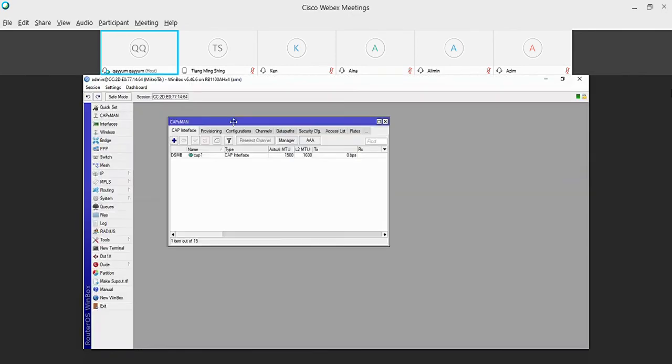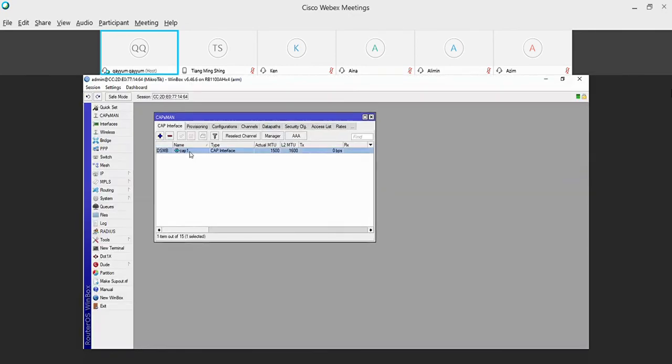Now you see here, it has automatically detected my CAP that I enabled earlier. It automatically detected and managed the CAP because we already have the provisioning rule, and you see here it is already configured with the setting.